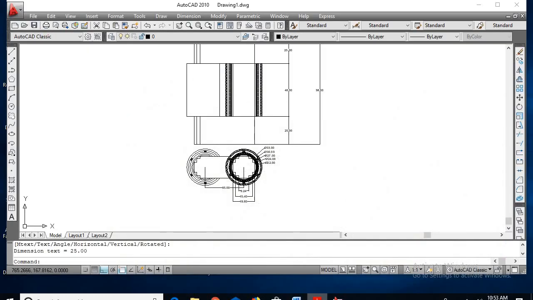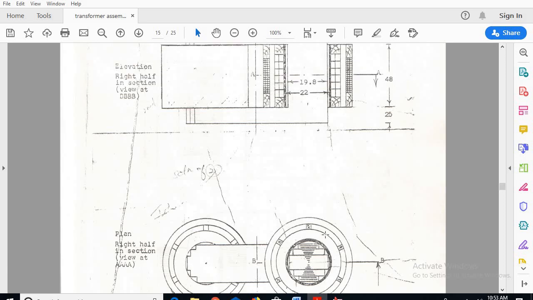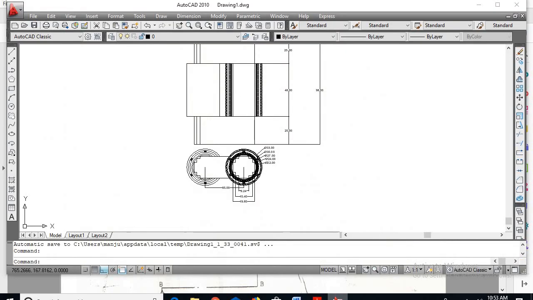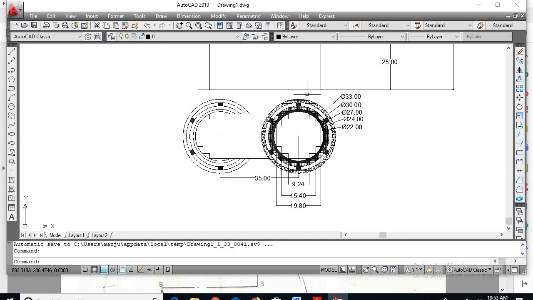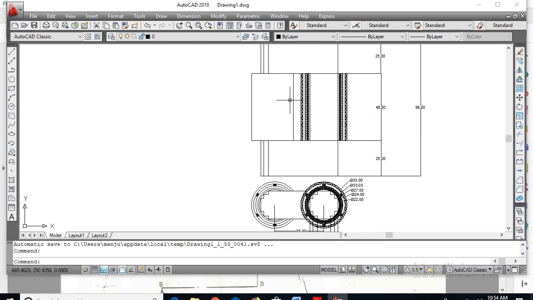If you have any doubts, please ask later. So this completes your diagram. This is what we have to do when it is a cut section. Suppose it is a full section, it is the same. The same picture that we have drawn here will be replicated towards the left side, which will show both LV, HV as well as all windings, including the insulation. And here also the same, what we have drawn here has to be replicated at this point also.